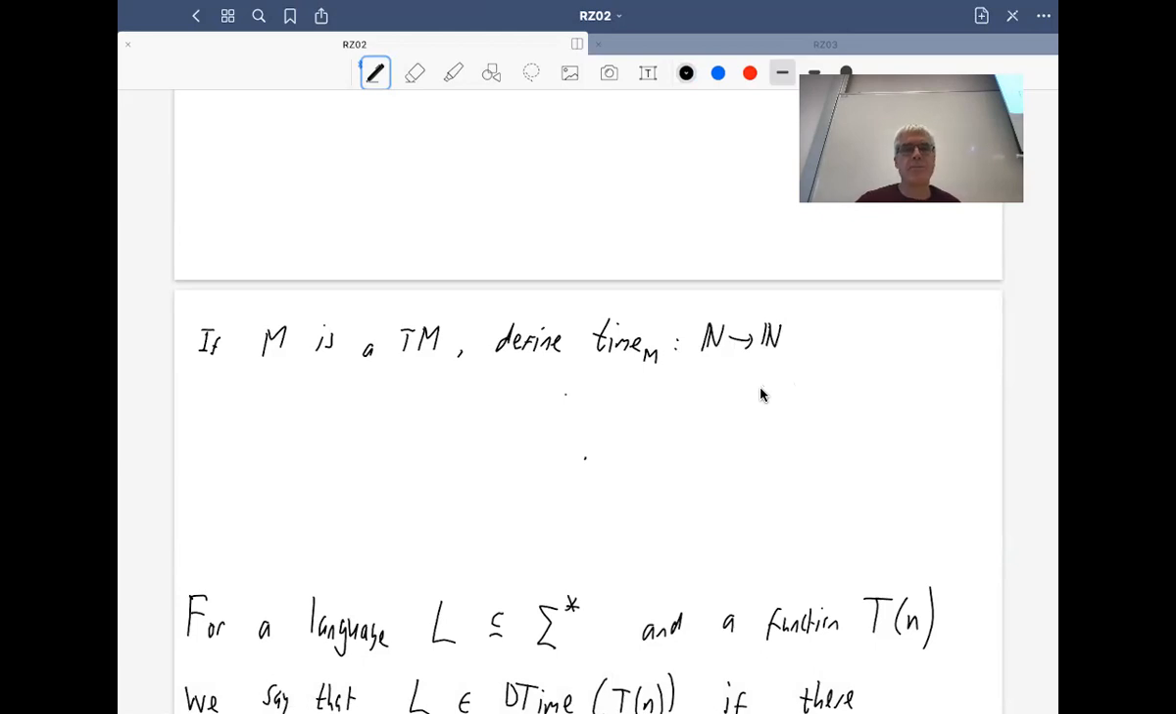So given an input length n, it counts the number of steps of the worst case run for this Turing machine M, running it on inputs of length little n. So in other words, the time taken by the Turing machine, the worst case time taken by the Turing machine on inputs of length n, is the maximum over the set of